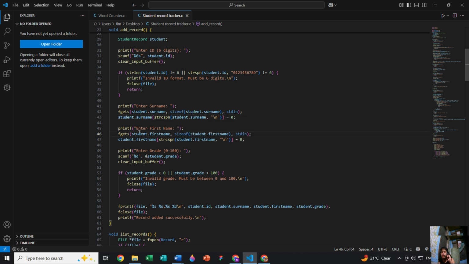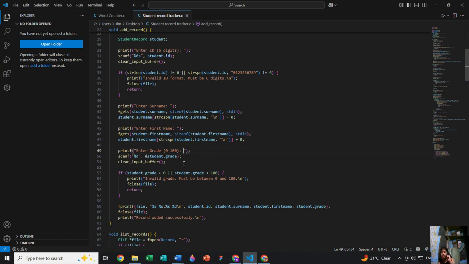And this is basically the same, just for the first name instead of the surname. In here, it will then prompt the user for the grade of the student. Of course, it will be 0 to 100, and it will scan and store the grade.